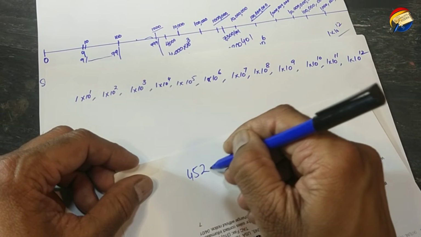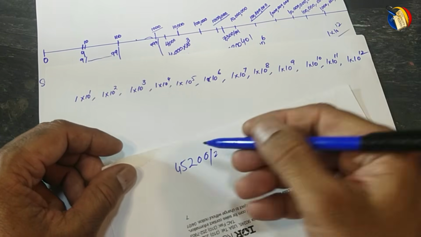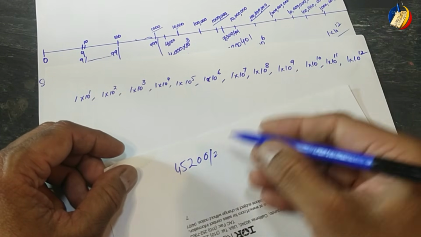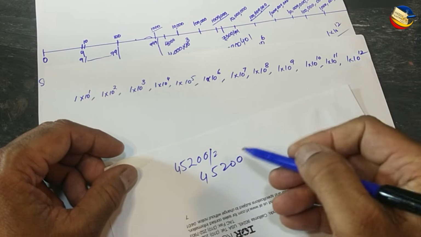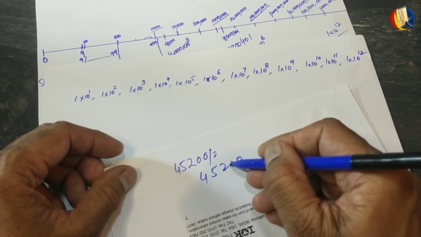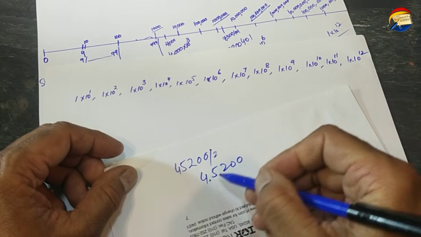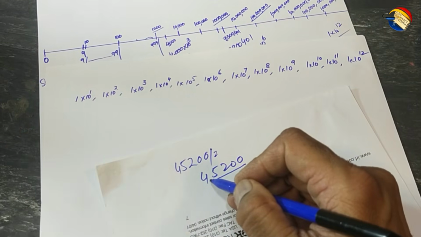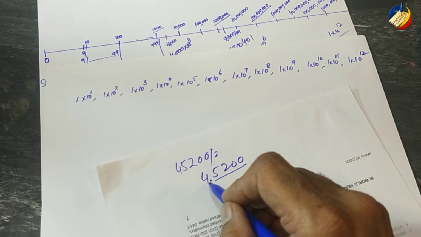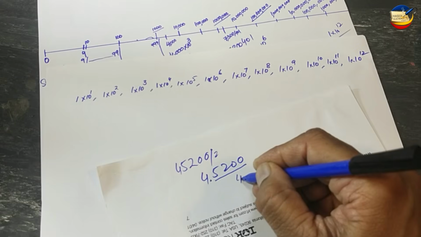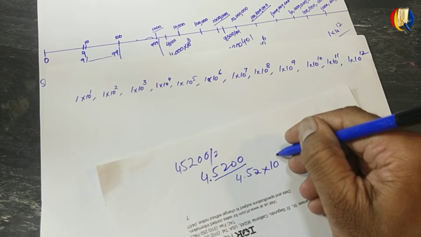$45,200. This is the number 45,200. We will move 1, 2, 3, 4 and we will place the dot here. When we place the dot here, we moved the dot 4 positions to the left side, so it is 4.52 10 raised to the power